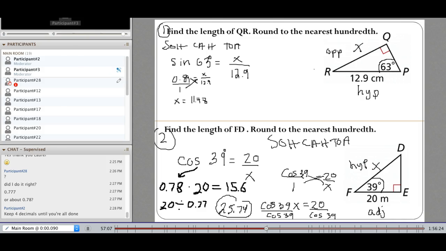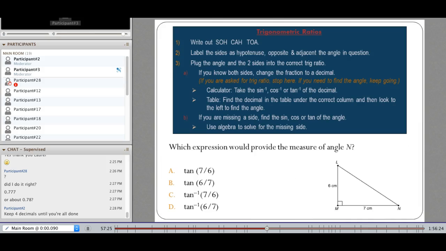Yep, so Mrs. Lerner said keep 4 decimals until you're done. This way it'll be much closer. Good, right, so that's what Katie put there. So we're going to be dividing that way. Okay. Good job, ladies. Thank you for doing these on the board. Okay, we've got 1 more minute, so let me just give you